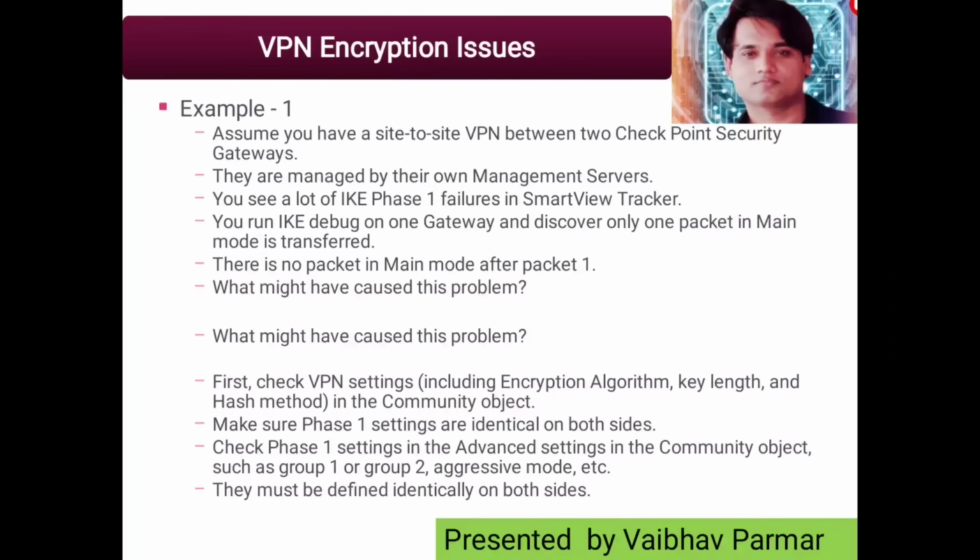Basically, a quick mode failure usually indicates the VPN domain is not configured exactly the same for one or both of the peers. For example, if the security gateway's VPN domain is a class B network, but the same network is defined with a class C subnet mask on the Cisco VPN configuration, then this type of error occurs. So you have to take care of these basic things to get rid of these issues.